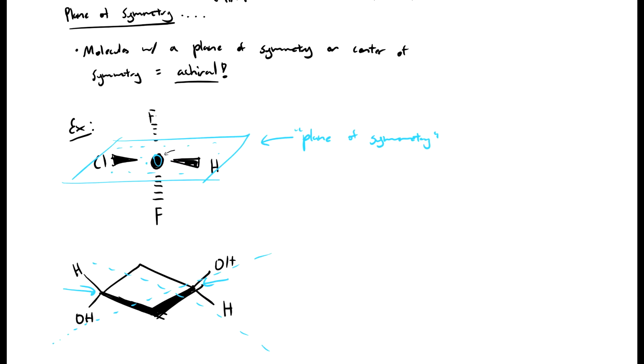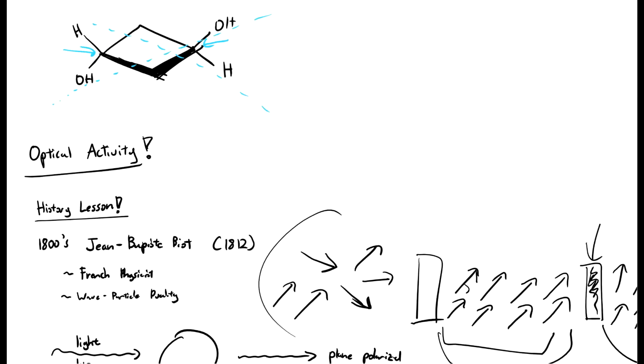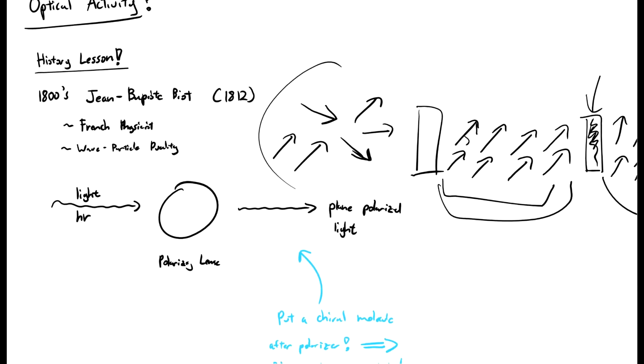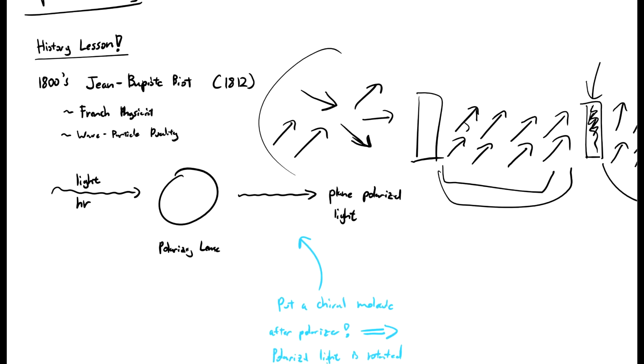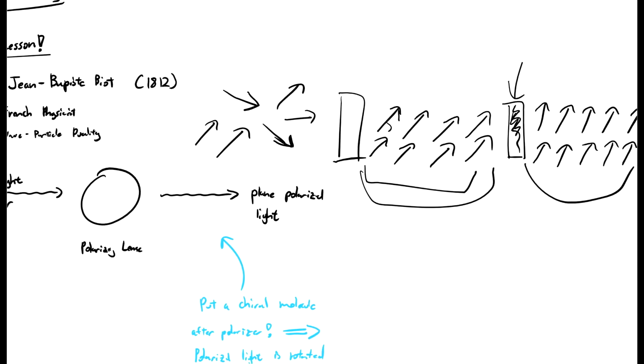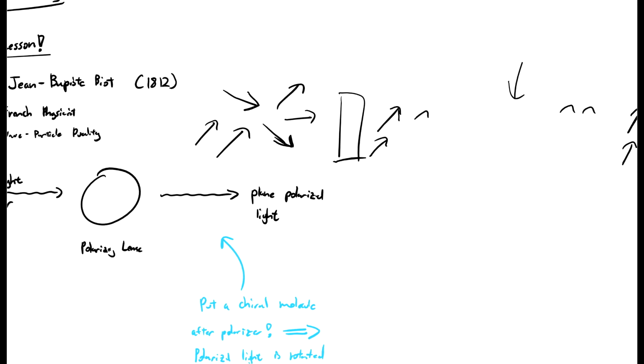And then what does it have to do physically, and how does it help organic chemists? So a little history lesson. In the 1800s, we had a French physicist, Baptiste, and he was playing around with light, not discovering light, but playing around with it, and he came to figure out that,